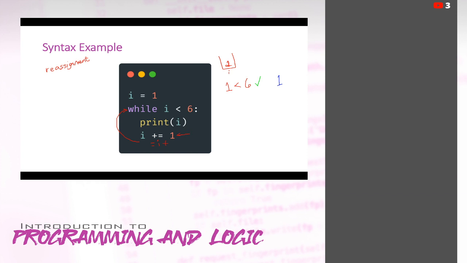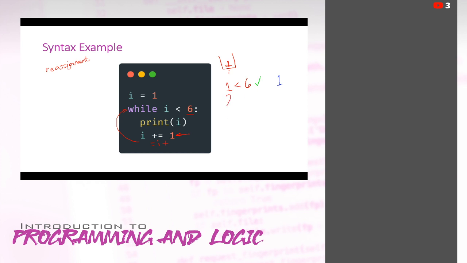This statement is the most critical statement of our while loop, because this is the statement that is moving that variable toward that bound. If 6 is our bound, 6 is our limit, we're saying as long as our variable I is less than 6, we're going to do this. So then we have this line of code here that's saying we're incrementally moving this towards 6. So then we can check the second iteration through.